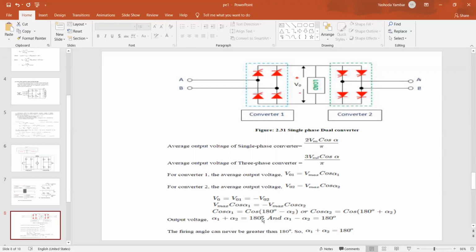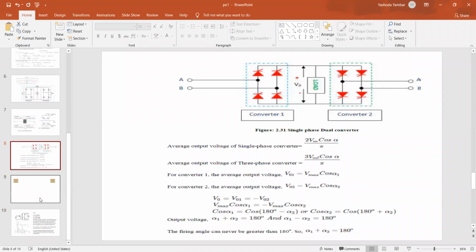So for the dual converter, what is the mathematical proof? Alpha 1 plus alpha 2 equals 180 degrees. That is, if alpha 1 is 30, can anyone tell me what the firing angle of alpha 2 should be? 150, and it has to act as the inverter. If alpha 1 is 150, the other should be less than 90. So the dual converter is a 4-quadrant operation. Of course, you might have studied this in diploma polytechnic, but a few topics will be there, right? For you, only the theory part of the dual converter will be mentioned in the syllabus. So let us check the last stage of the dual converter.